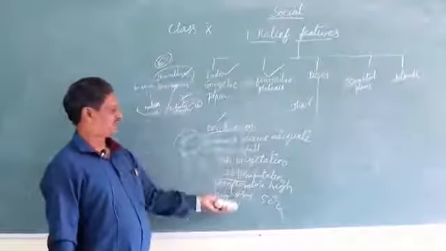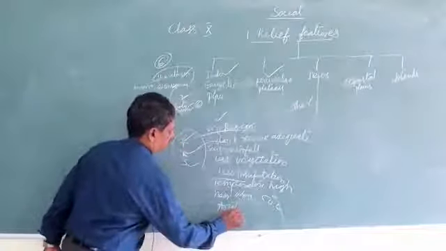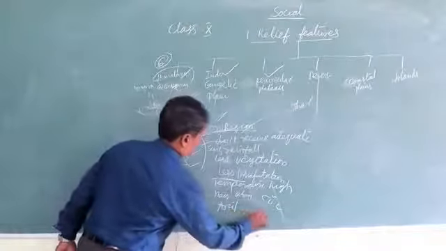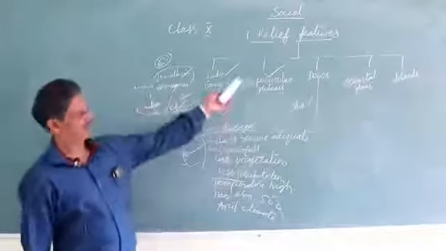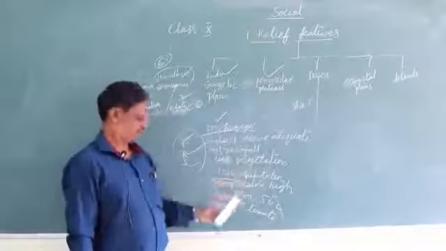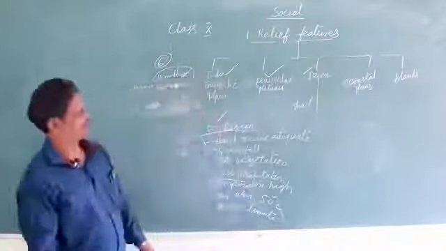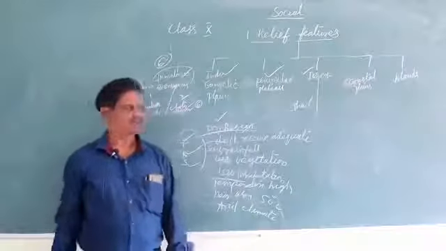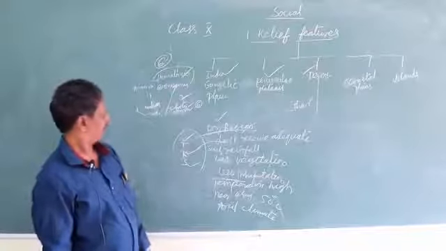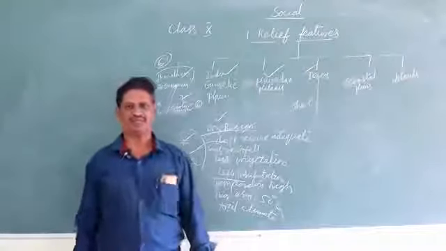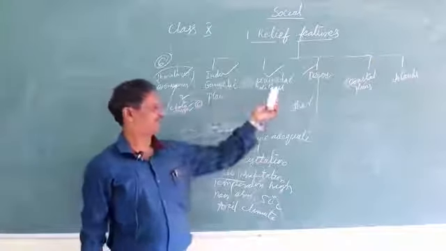So the climate is arid climate. So this is the nature of desert. So we have finished the fourth relief feature, that is desert. Okay children, so we have successfully completed the four relief features, that is Himalayas, Indo-Gangetic Plains, Peninsular Plateau